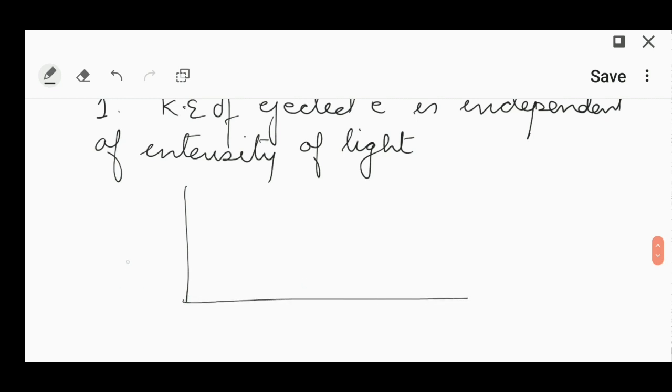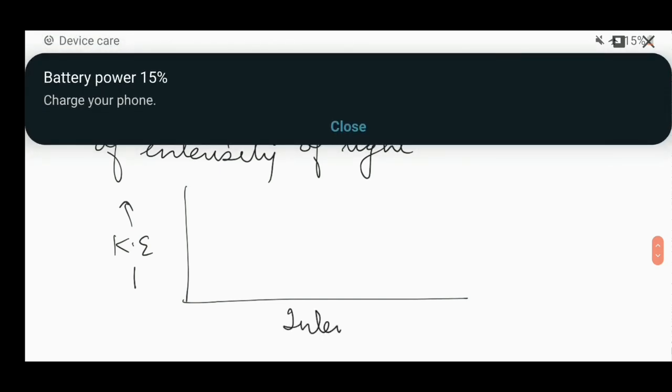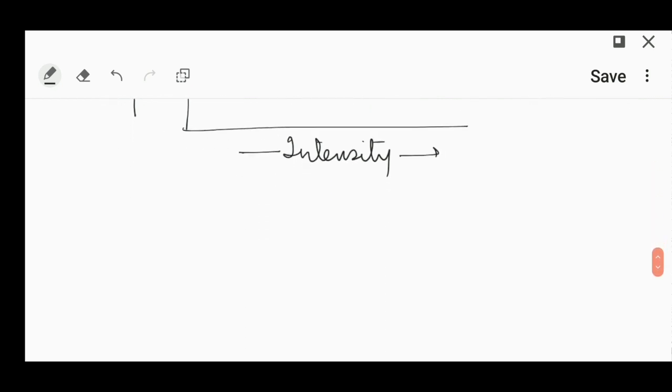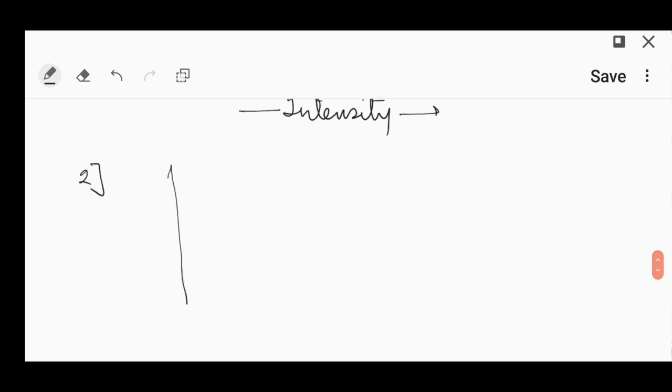When we plot a graph between the kinetic energy of the ejected electron and the intensity, a straight line appears which is parallel to what? The x-axis. It means the value of kinetic energy becomes constant. It means the kinetic energy does not depend upon the intensity of light, but on the other hand it depends upon the frequency of light. So if we again plot a graph between the kinetic energy of the ejected electron and the frequency,